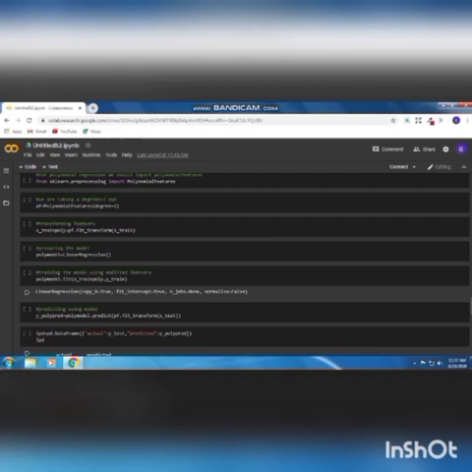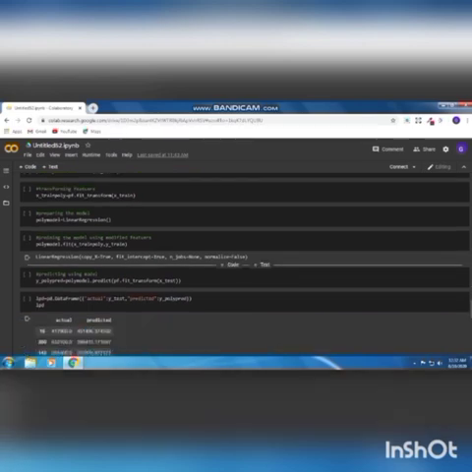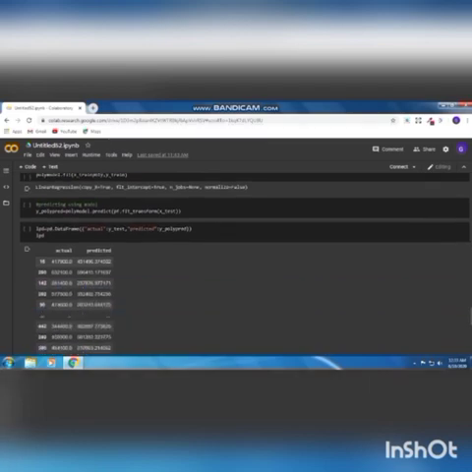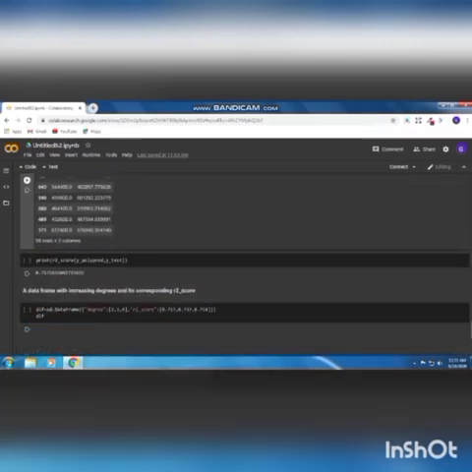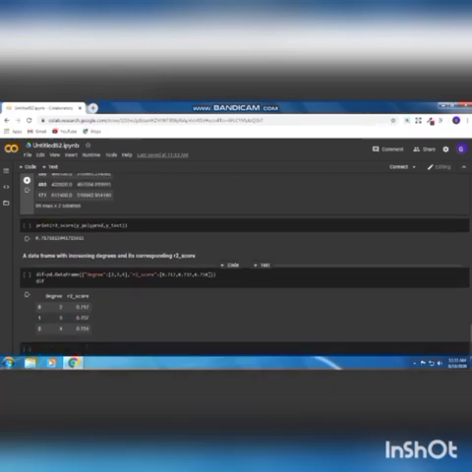Now we are preparing the model, poly model. Now we are training our model named poly model using the modified features, that is the polynomial features. Now we are predicting using our trained model, poly model, on the modified features. Now we draw a comparison dataset between the actual and predicted values of the model, and this predicted value is nothing but the prediction of the model. Now we are printing the R2 score, which is a statistical measure of how close the data are to the regression line, and it is 0.717, which means our model is very strong, so we can use polynomial regression.